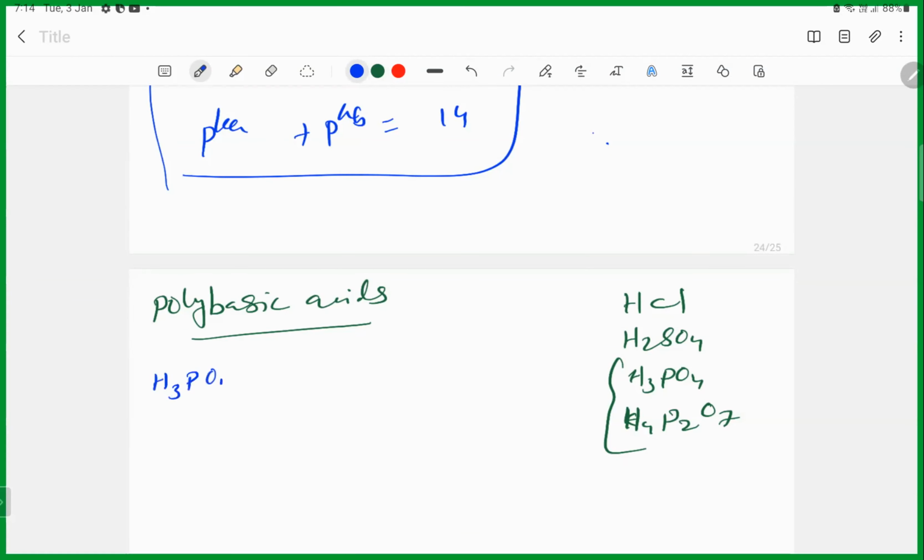That means P double bond O, OH, OH, OH. This is the structure of the acid. When it undergoes ionization, it gives H+ plus H2PO4-. This H2PO4- will undergo